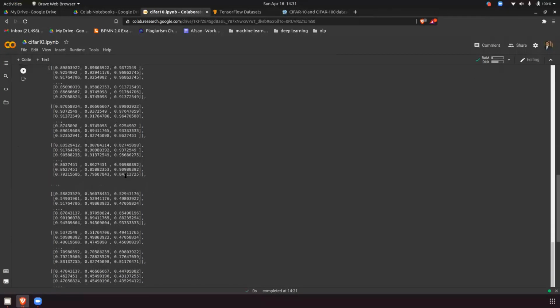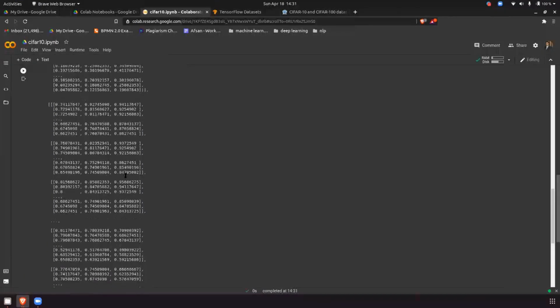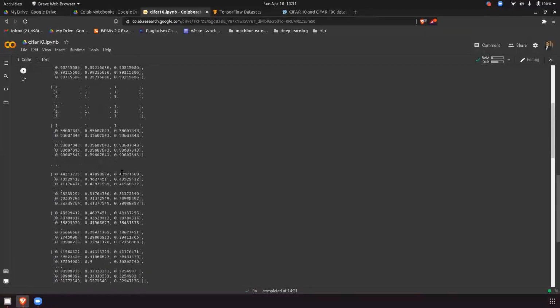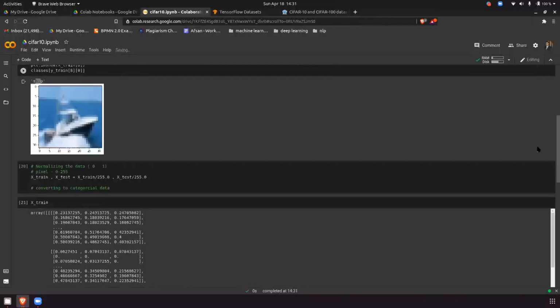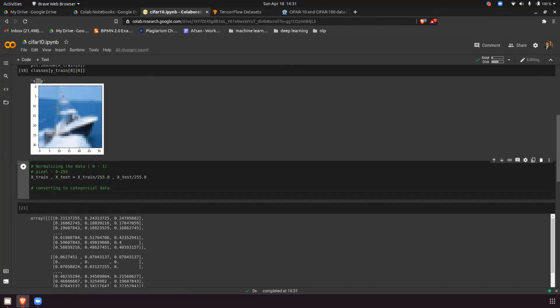With the help of to_categorical, you can convert everything into categories. y_train, y_test equal to.